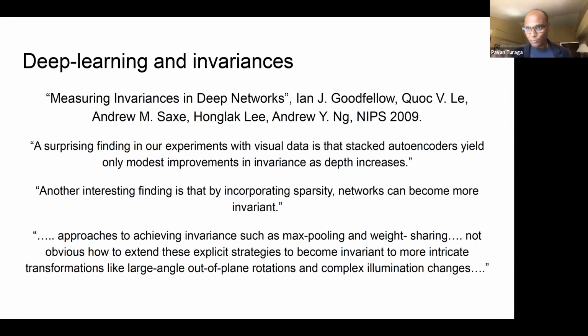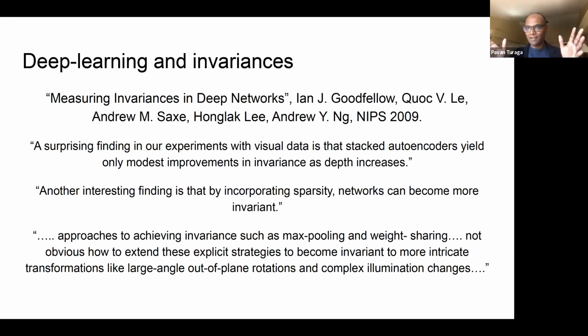this discussion somehow went away, and the idea was, let's just let the data figure this out. Whatever the representation is, whatever it tells you, has to be the right one, given enough data. And this is a paper from 2009. Still, some of the conclusions from this paper are still relevant. This is called Measuring Invariances in Deep Networks, where the authors include Andrew Ng, who is, of course, very famous. Ian Goodfellow is very famous too. Many famous authors now. They probed a few standard deep networks with very carefully constructed probe sets.